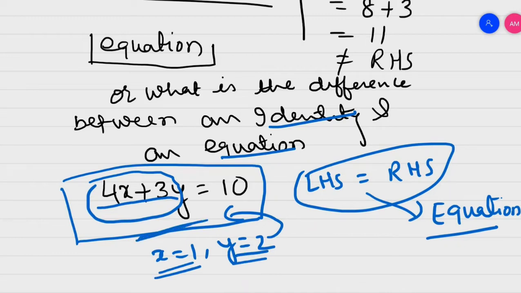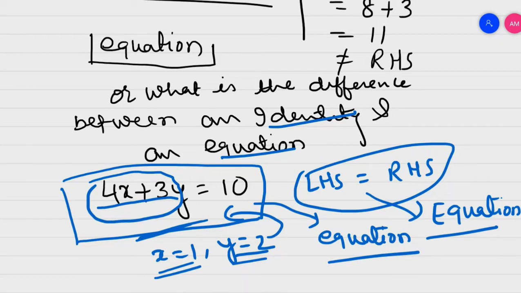That means 4x plus 3y is equal to 10 only when x is equal to 1 and y is equal to 2. The statement becomes false when you change the values of x and y other than 1 and 2 respectively. That means these types of statements are called equations, where the statement holds true only for particular values